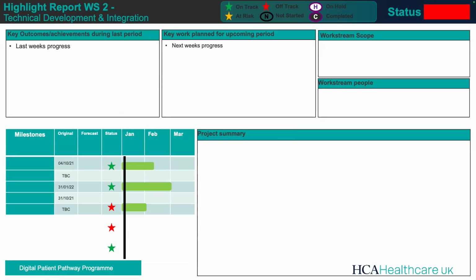You're just taking what you've got in your plan and putting it into this so your team, your stakeholders and sponsors can see, this week this is what the guy's done, next week this is what they have planned. Then you've got the work stream scope, work stream people, and a brief project summary.